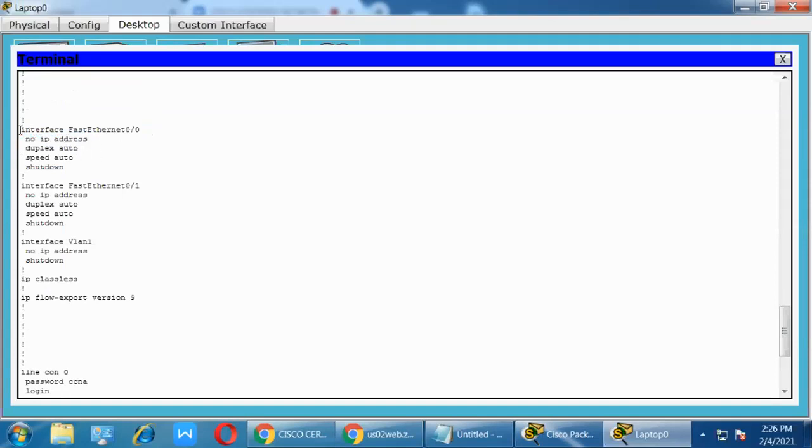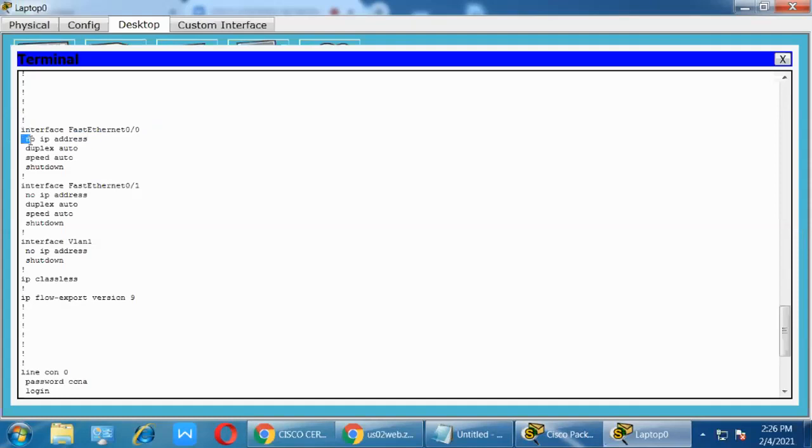So without space, what commands are available? That command is typed in global configuration mode. Keep it in mind, you can understand from here. To see this one, you can easily make it out. In which mode are these commands used? Without space, it is used directly here. So this command is used in global configuration mode, right?